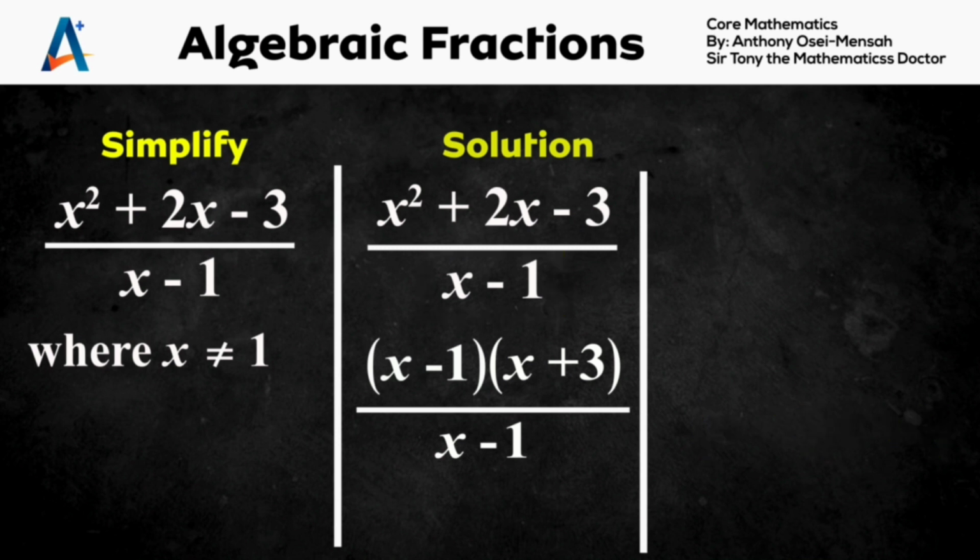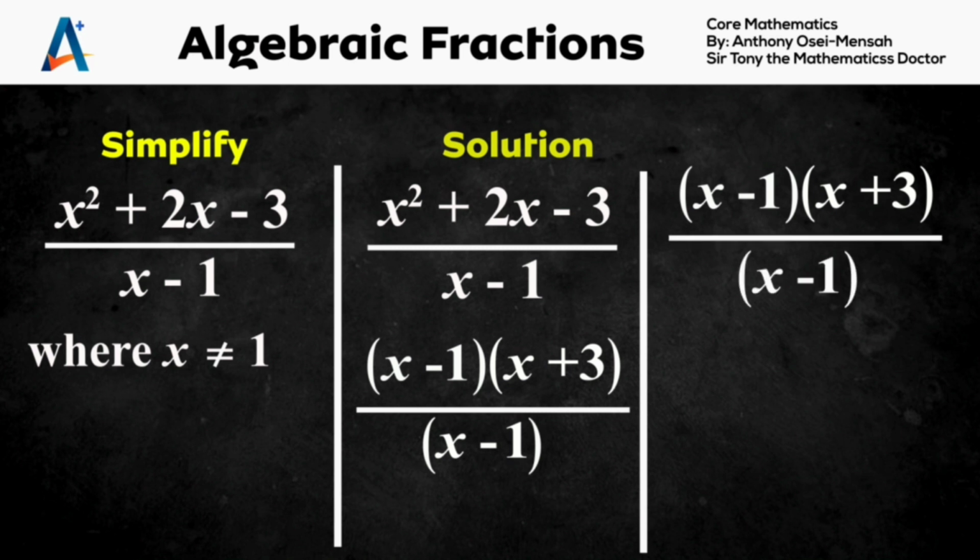Now, if you check, and you can be very observant here, you realize that x minus 1 at the numerator is also at the denominator, x minus 1. So you can even put the x minus 1 in brackets. Now, we can go ahead and just cancel out. So I'm trying to say that x minus 1, x plus 3 at the numerator, all divided by x minus 1. We can go ahead and cancel the numerator x minus 1 and the x minus 1 at the denominator. That means they will divide themselves out. So the whole expression will be left with x plus 3